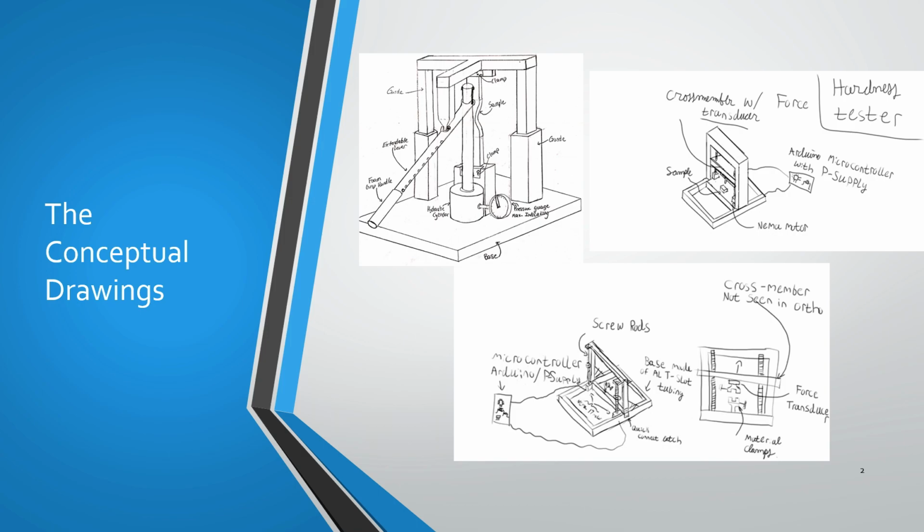So initially we thought of using a piston cylinder with a press, and as you can see from the very first drawing on the top left, the piston cylinder would push up. We would have a pressure gauge that would indicate how much pressure is in the sample, and ultimately at failure we would be able to see the failure pressure on the gauge. This was a cool idea, except for the fact that it did not incorporate a sensor that could be sent to a computer, which is ultimately what the